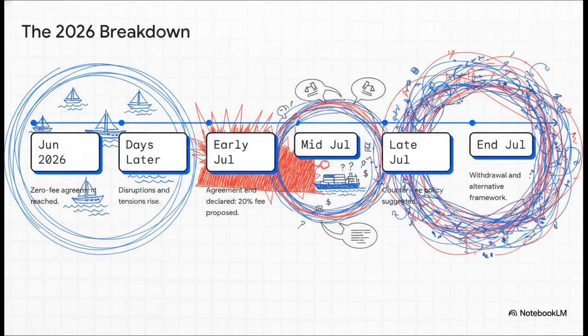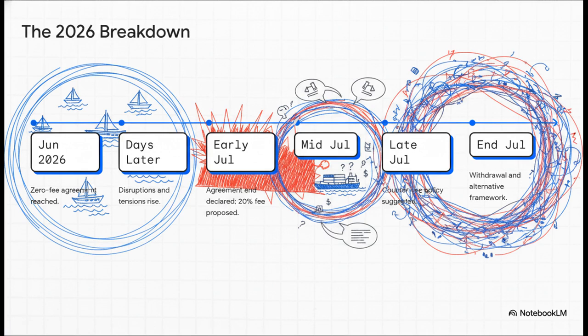All right, let's look at the timeline and see how this builds from a static agreement into this escalating, purely reactive loop. In June 2026, a baseline is established, right? A zero-fee framework for maritime transit. Simple enough. But look at what happens just days later. Disruptions occur, tensions start to spike. And by early July, one side basically declares the agreement ended and introduces a brand new meta rule, a 20%